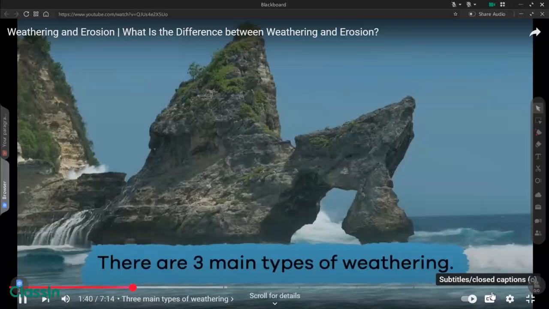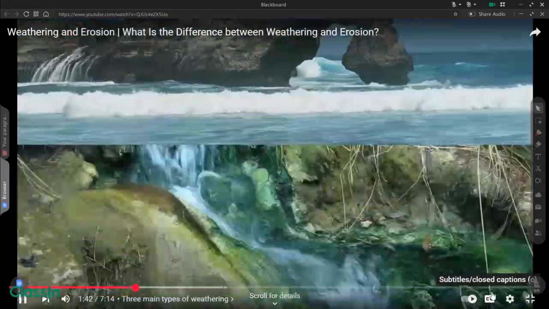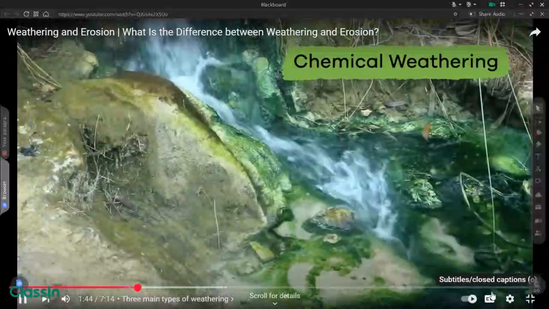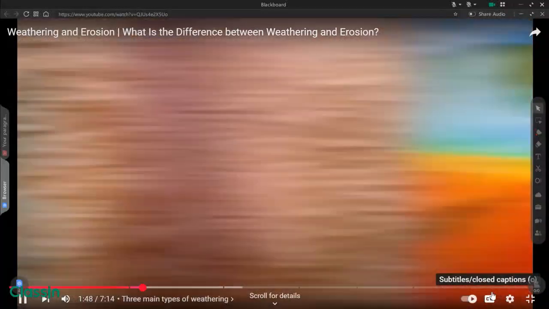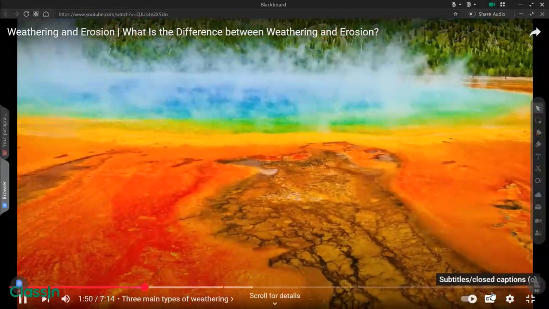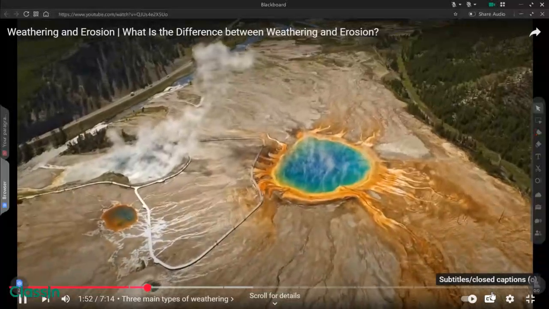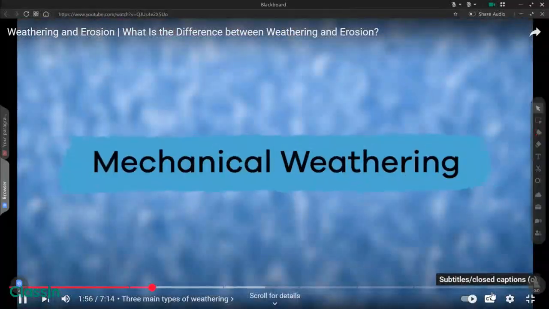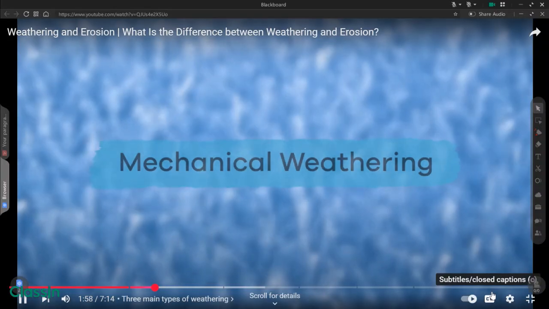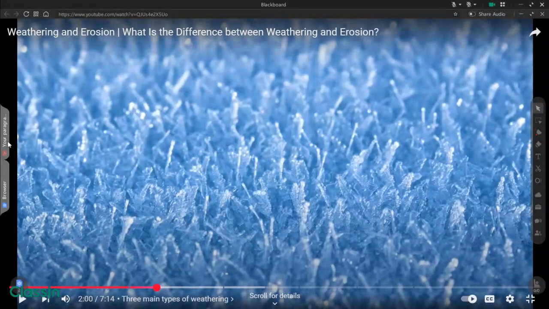Weathering. There are three main types of weathering. The first is chemical weathering. Chemical weathering causes changes to the minerals inside or on the surface of a rock. This process happens through chemical reactions. Second is mechanical weathering. Mechanical weathering is